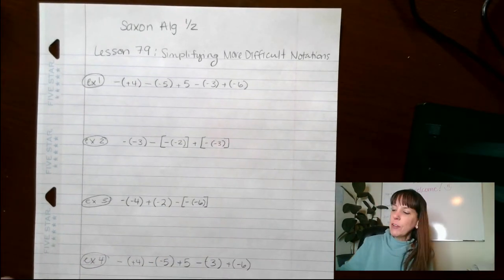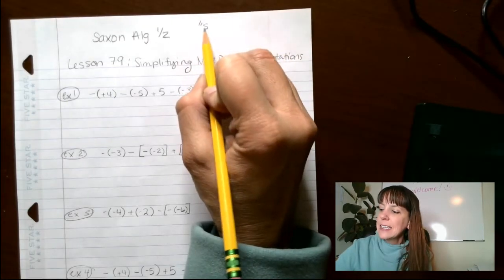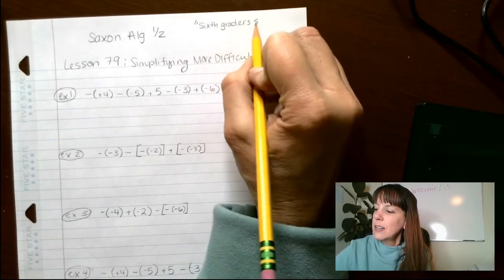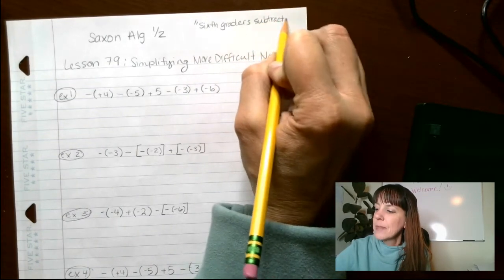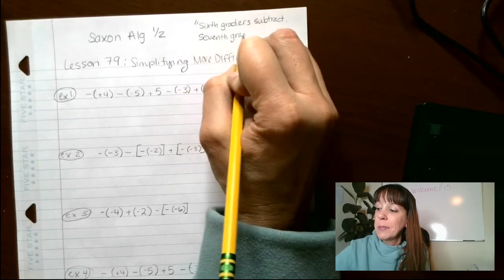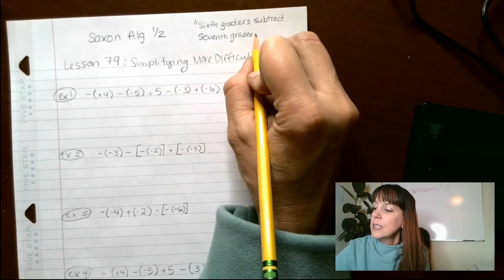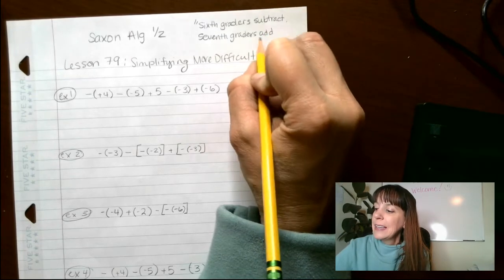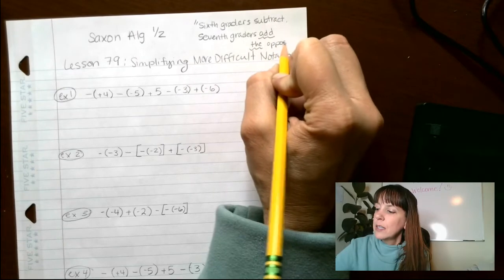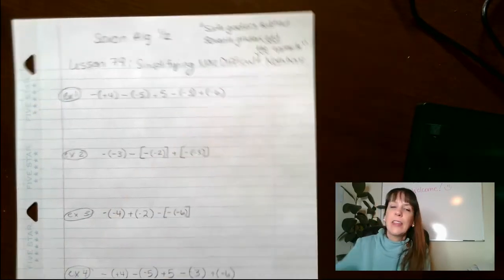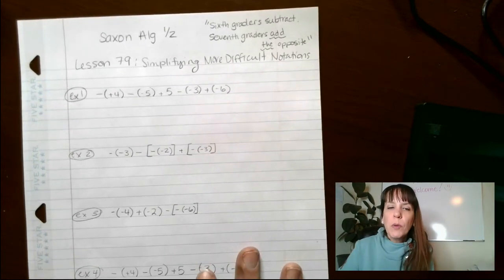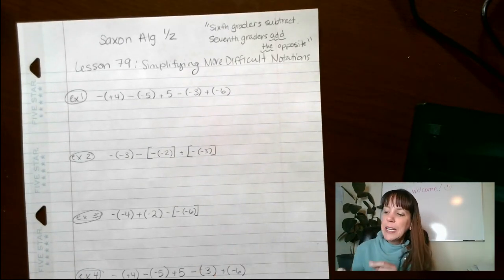Guys, my favorite thing to say is 6th graders subtract, 7th graders, so that includes anybody above 7th grade, you 8th graders that are watching this, 7th graders add the opposite. And when we mean that, we mean that they add, if it's positive and negative, opposite of negative is a positive. So what we want to do here is, first of all, I'm going to get rid of these,